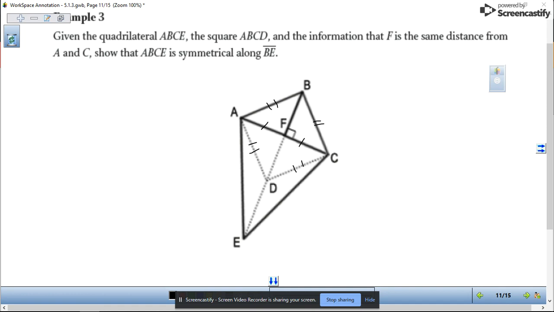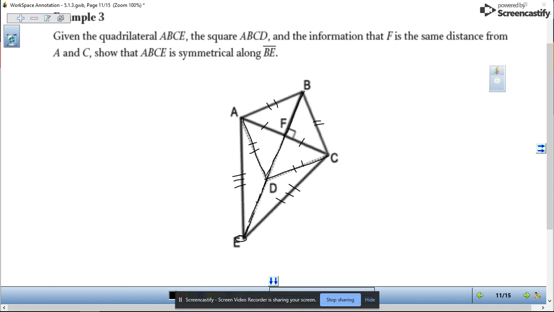Show that ABC is symmetrical along BE, right? So the trick here is this. Since all of these are the same length, right, since this is a square, okay, and BF is going to be a bisector of AC, that means that this is also a bisector. And since that's a straight line that's continued, what that tells you is that these two have to also be congruent because this goes down to the point E, okay? So it's just putting all the pieces together here and just showing that things are congruent is what you're trying to do here. Because we're given that this is a square, that's how you would show that these are symmetrical,